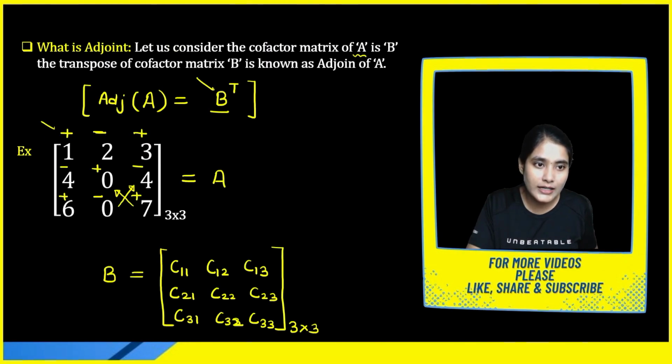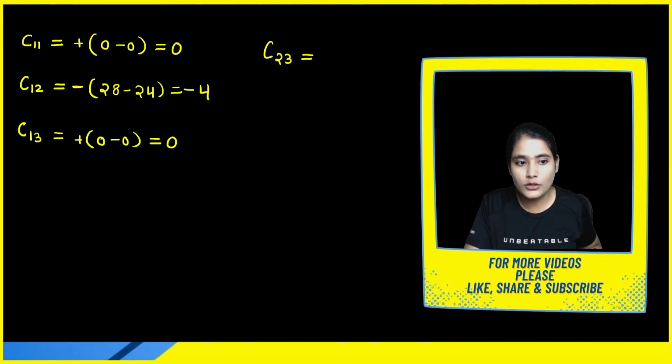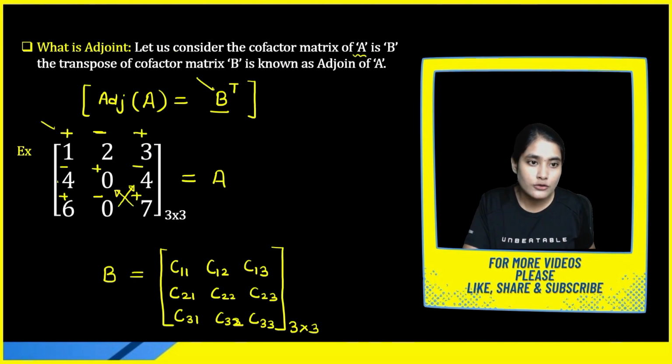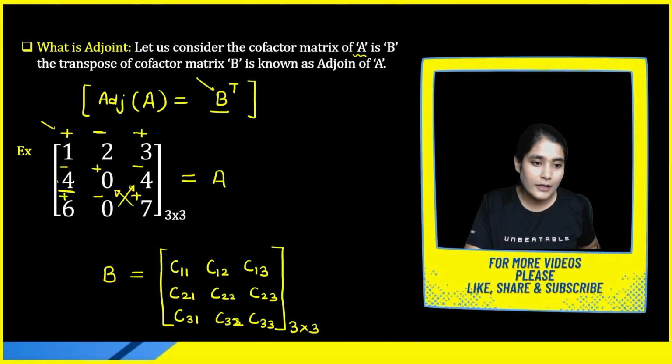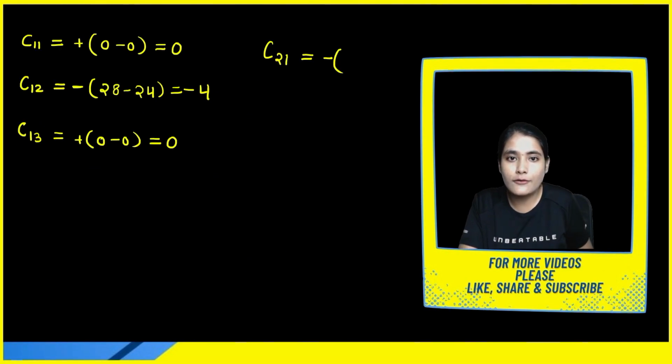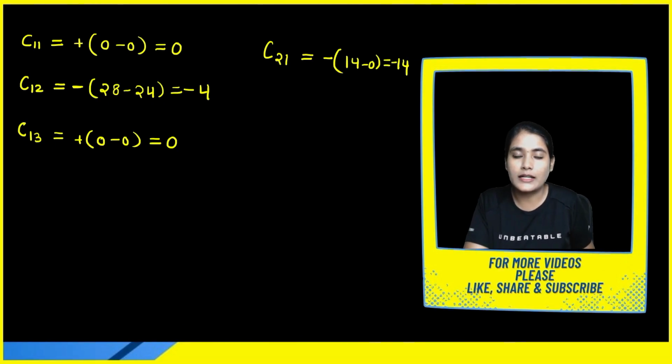So C23, 2, 3. No, not 2, 3. First we have to find C21 now. We don't have C21 also. So let's find C21. So C21 position is this position. It is also negative. And if you are taking C21, then definitely this row and this column you have to cancel. What you will get? 7 into 2, 14. 0 into 3, 0. So 14, 0 into 3 into 0. Okay. So what you will get? 14 minus 0. Ultimately you are getting minus 14.